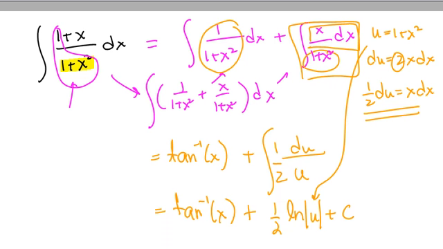So maybe change color here for the final because I'm going to have to squish it in here. Tan to the negative 1 x plus 1/2 natural log of 1 plus x squared. I take off the absolute value because 1 plus x squared is always positive. And there is your final answer. Tricky question. Don't get discouraged if you didn't get it, but hopefully you've learned